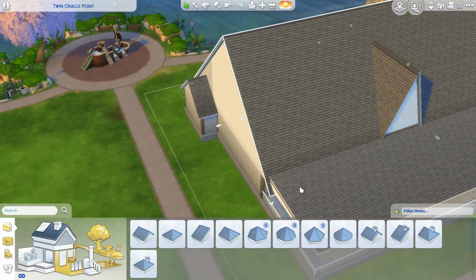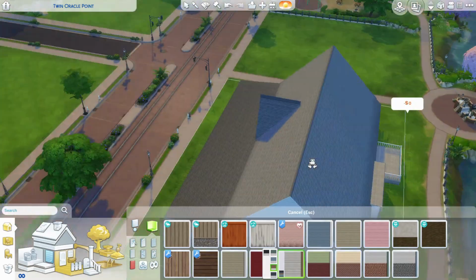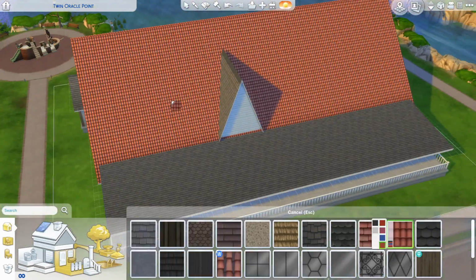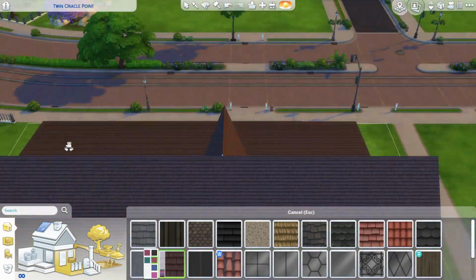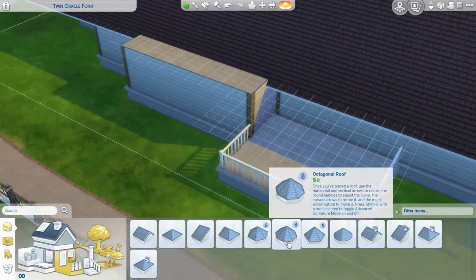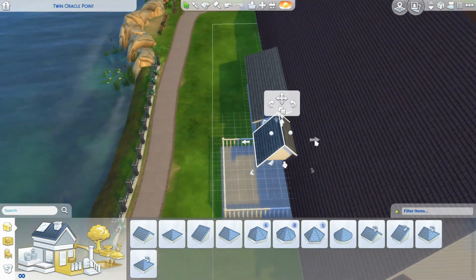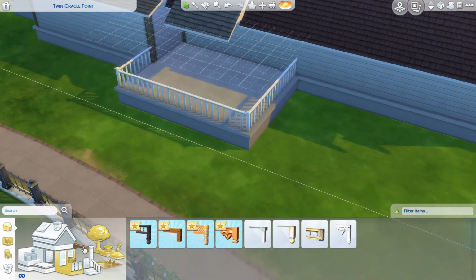And I ended up just doing an open back patio. I think I might have done an open front patio because I couldn't line up the sides properly. As you can see, they overlap each other a little bit, so I could at least make it look a bit blendy. There, I left that